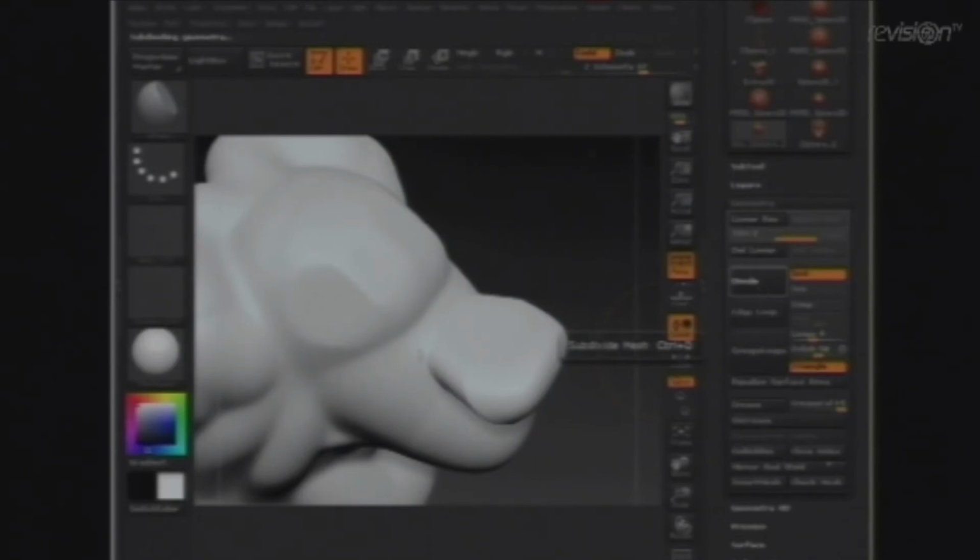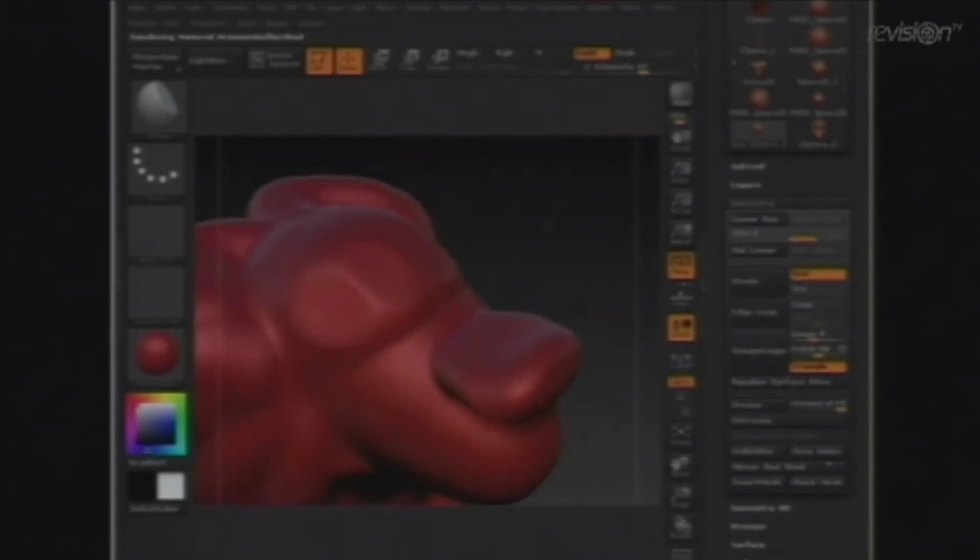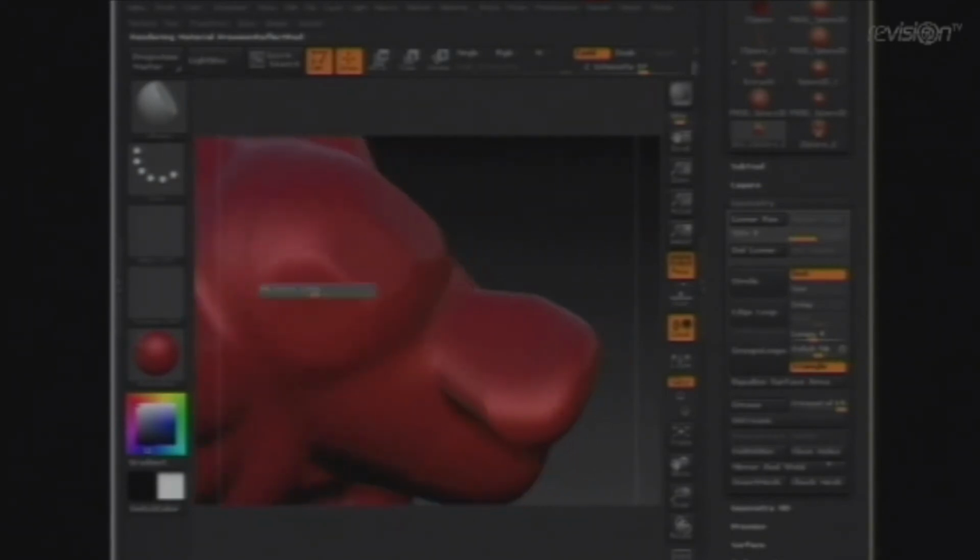I raised the resolution a bit and changed the shader to get a better idea of what you're doing. And if you want to model a mech or a robot or something, you can find these edges and